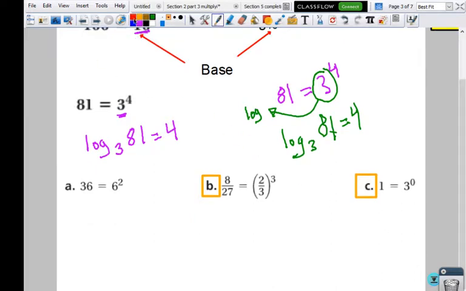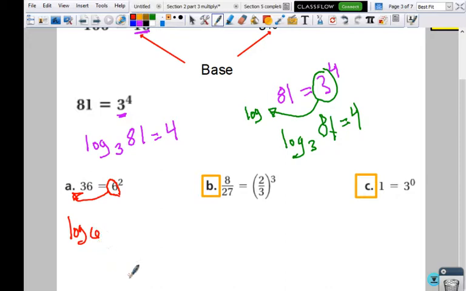Okay, so let's do another one. So we have 36 equals 6 squared. We're going to write it in logarithm form. You do it like this. So the way I remember is we take our base, which is 6, because it has the exponent, and I'm going to shove it out in the very front with a log. So we're going to go log